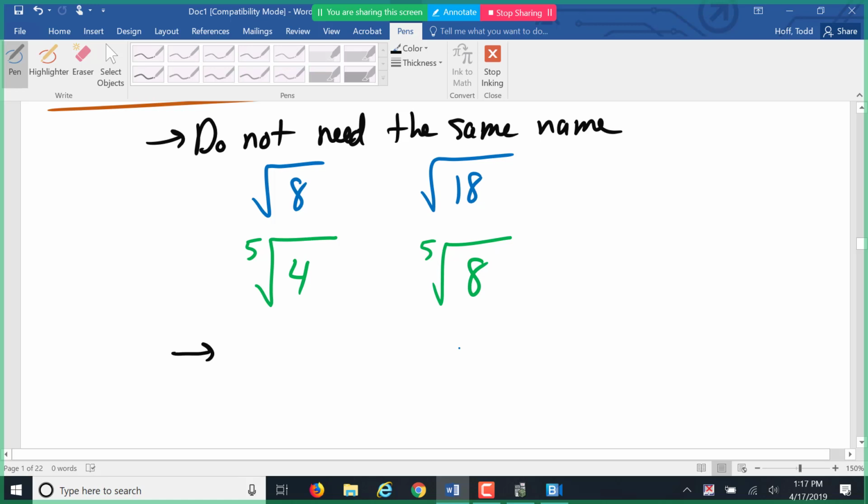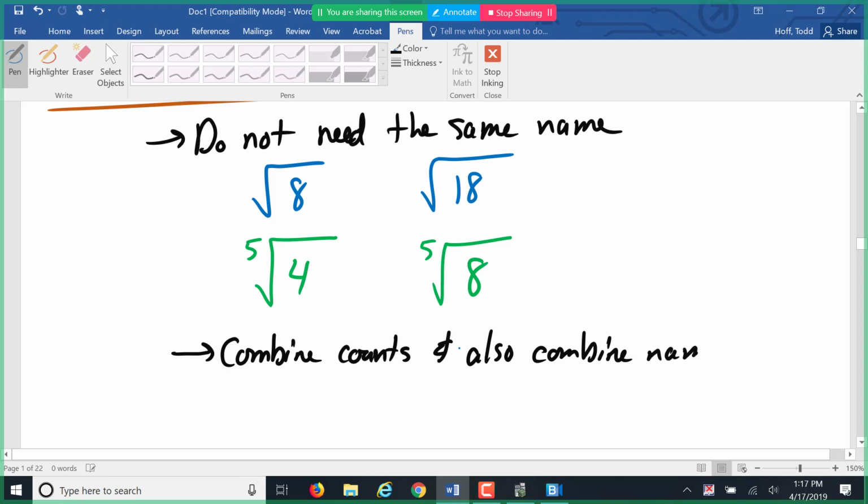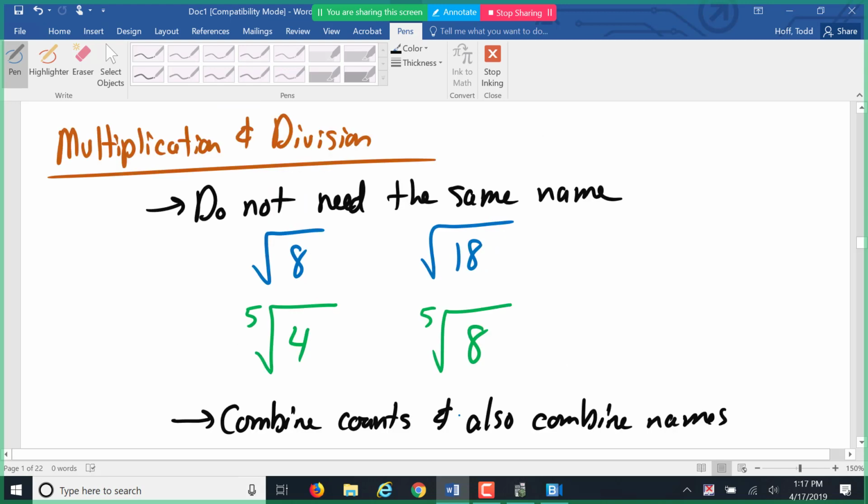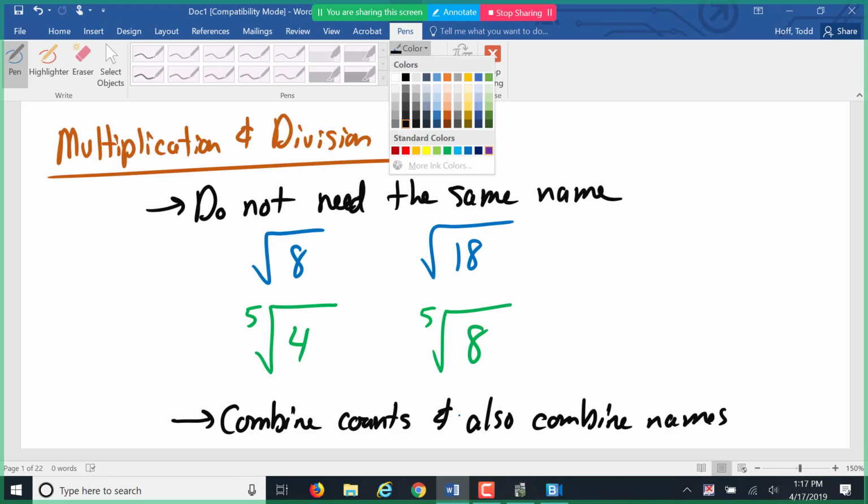And then, of course, when we multiply, we combine counts. And then we also combine names. Now, I didn't put counts on either of these, so I'll come back to examples with counts on them in a little bit. But for the first one here,